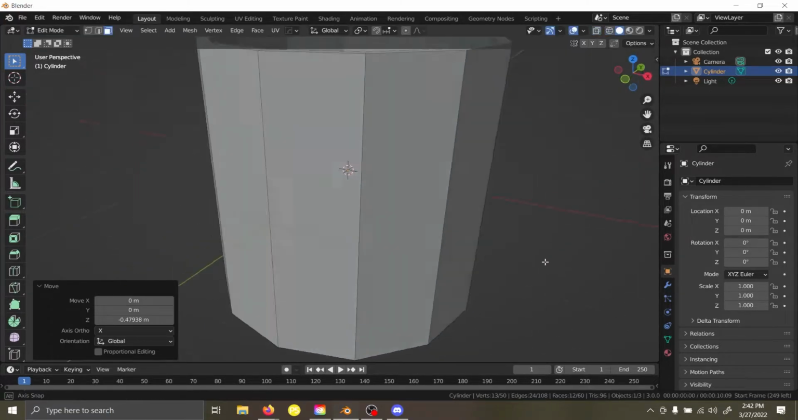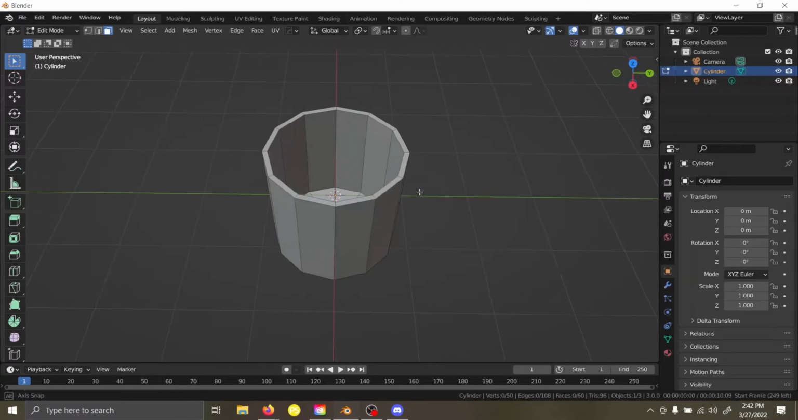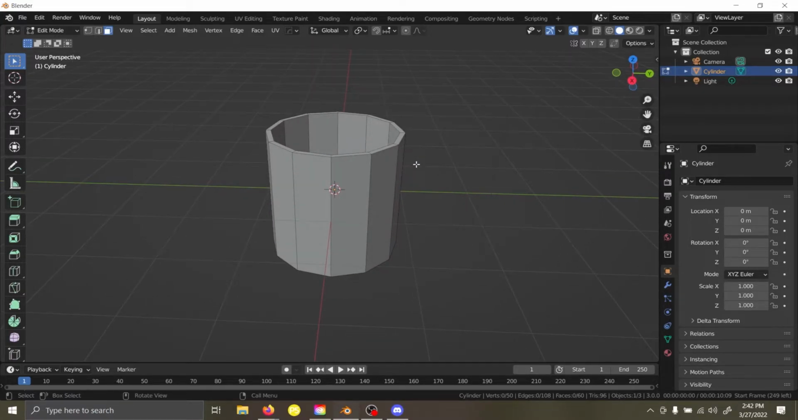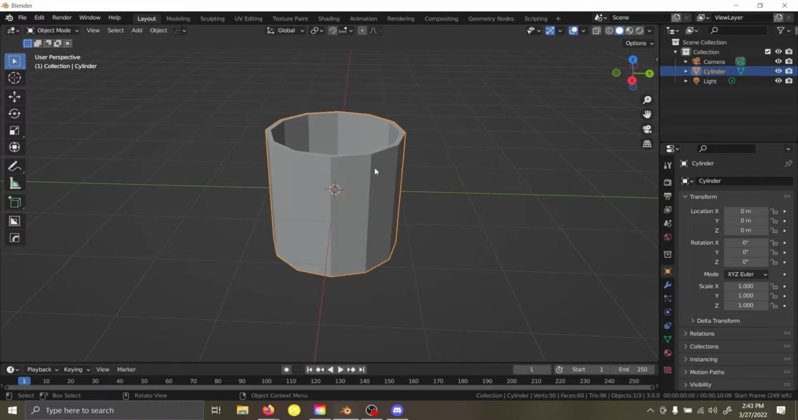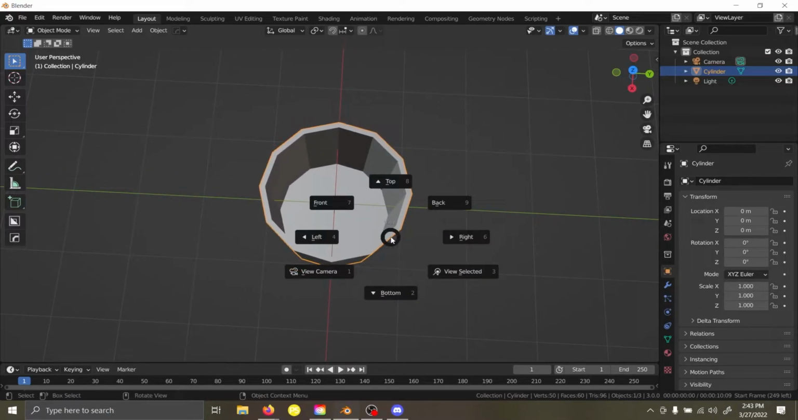So now we've got basically a cup. This is a cup, and it works fine for anything. You could export this as an FBX, and you've got yourself a cup. But obviously, we don't just want a cup, we want a mug. And a mug requires handles. So this is going to be a little complicated, but basically what I want to do is start extruding from a